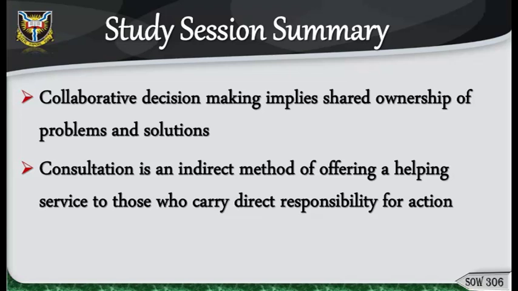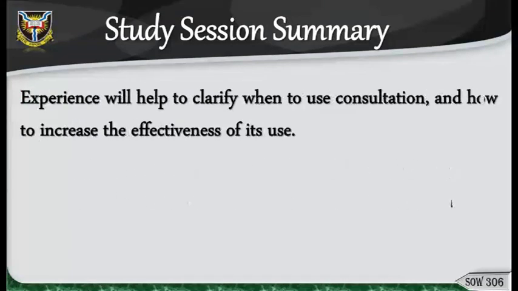In helping to determine whether consultation or direct service offers more promise of help for an individual child, the school social worker does well to develop a flexible approach which permits variation according to the needs of the particular child or teacher. Further experience will help to clarify when to use consultation and how to increase the effectiveness of its use. Present experience suggests that school social workers and teachers who have worked together and learned to respect and trust the competence of each other are able to work effectively both in consultation and collaboration.